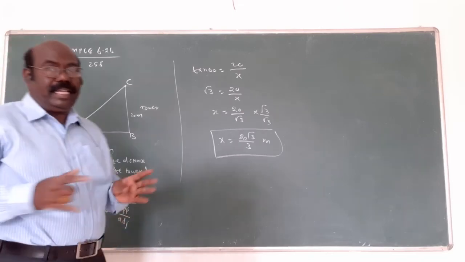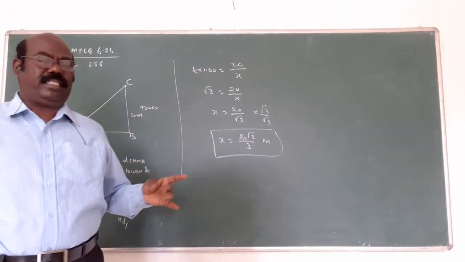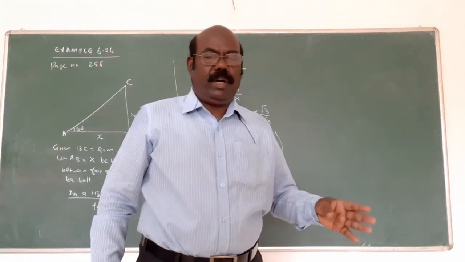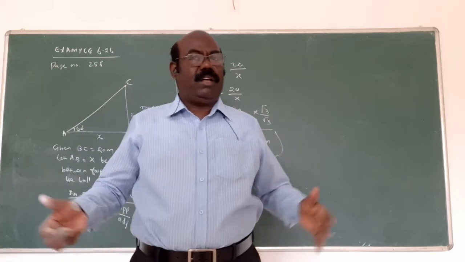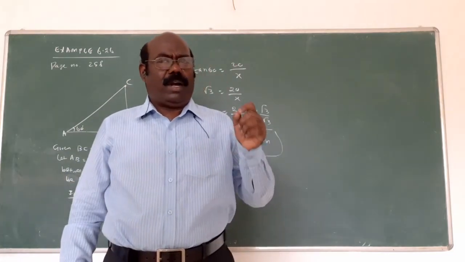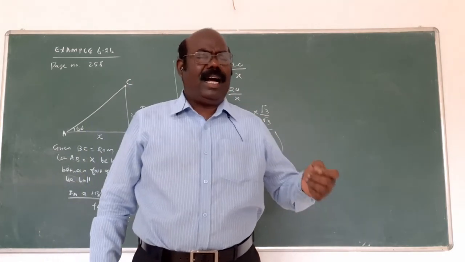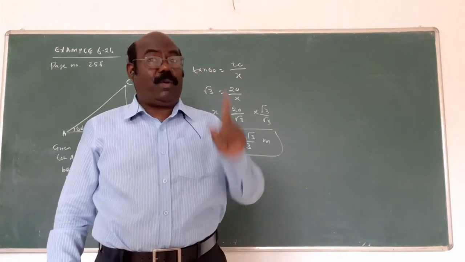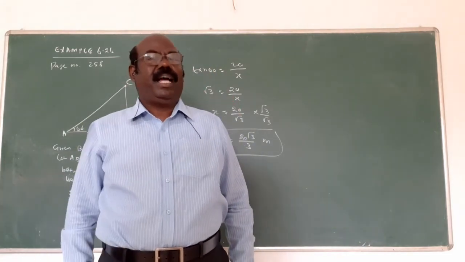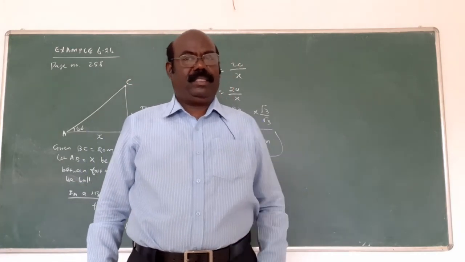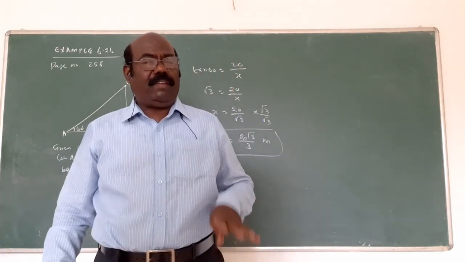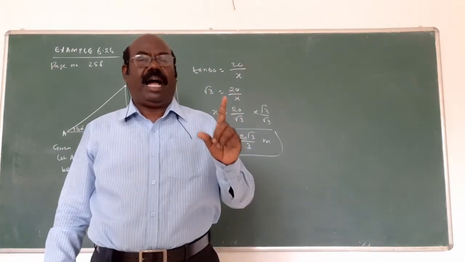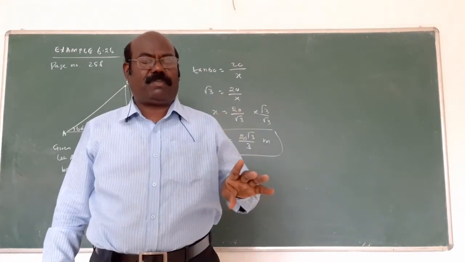Now, we have 3 exercises: second exercise, third exercise, fourth exercise. These 3 exercises only use the idea of elevation and depression. One exercise is elevation, one is depression, another one is combined together. But anyway, if only one angle is given, whether it is the angle of elevation or the angle of depression, both are the same. That's why you should complete all the problems involving only one angle. Afterwards, I will complete 2 angles. Anyway, one more problem is there. Totally we have only 6 problems involving only one angle.